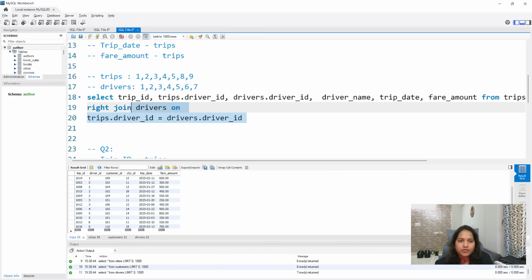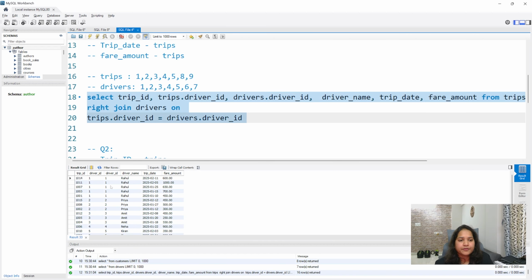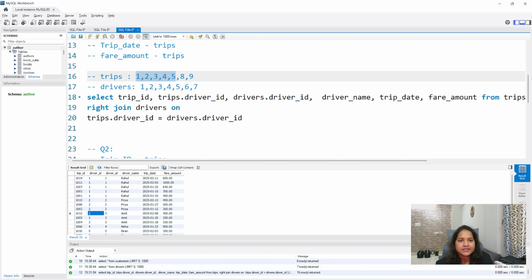Now if you join, let's take only the drivers.driver_ID column. For 1, you have a match, so you're getting 1. For 2, you have a match 2. For 3, you have a match 3. 1, 2, 3, 4, 5 have the matches 1, 2, 3, 4, 5. Correct. But for 6 and 7, you don't have a match.